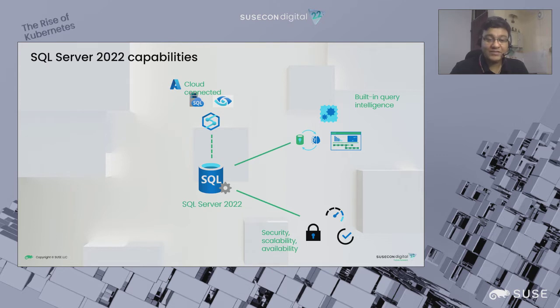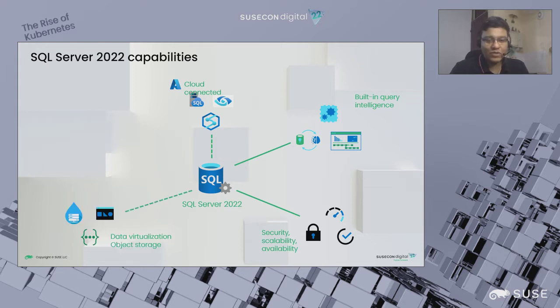Apart from that, in terms of scalability, the in-memory OLTP for 10 TB caches that used to work is now enhanced further to give you more benefits. Similarly, on the availability side, you have multi-write availability groups that now also work with last writer wins. So there are tons and tons of new features added in each of these sections, and something that you would definitely love for every scenario that you might have.